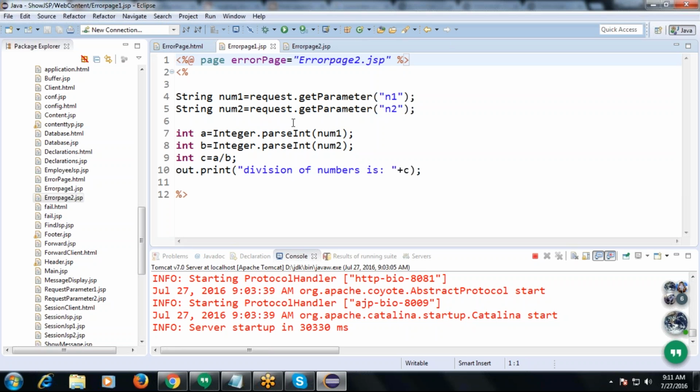That means when the user sends any data, how is it stored in the request object? Request is another implicit object here. Can you tell me the procedure? Any one of you, Sai or Venkat?